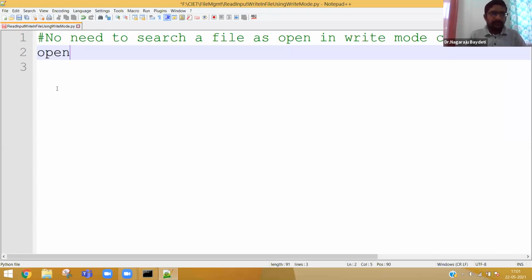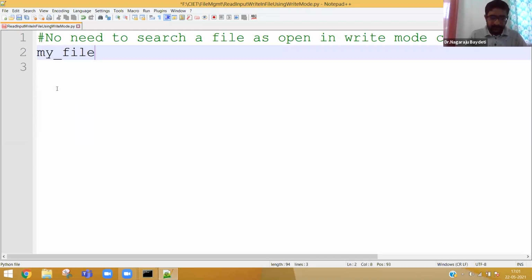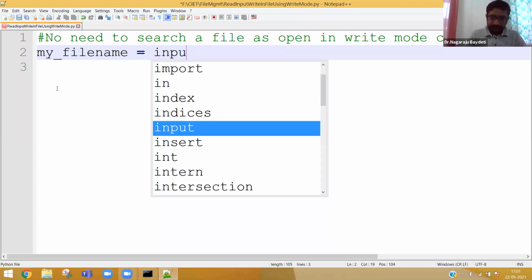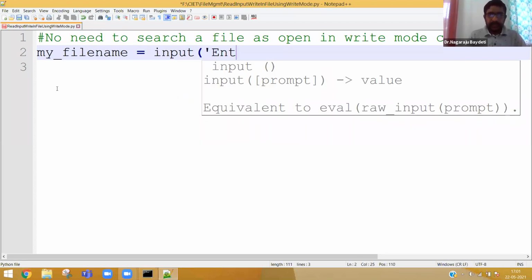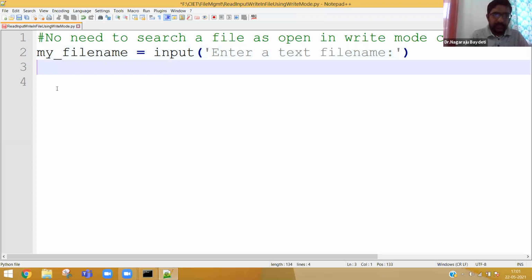Open. Okay, we need to ask the user to enter a file name. For example, my_file_name is equal to input. Enter a file name. Simple text file we will give. Okay, enter a text file name. Extension will be .txt.